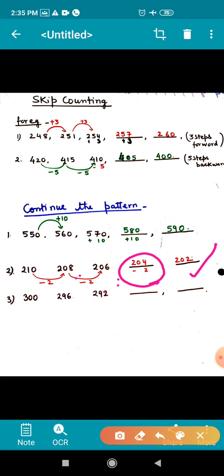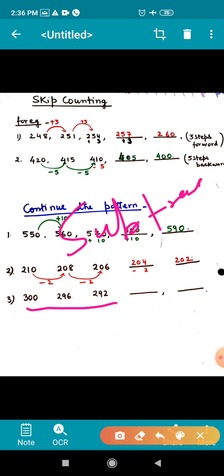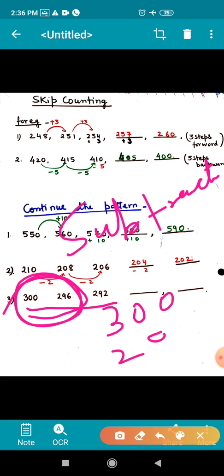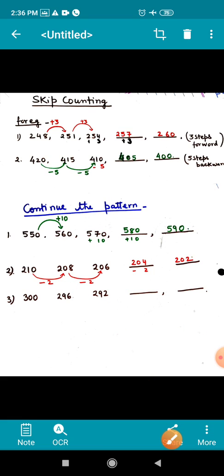Similarly, we can complete the table. Okay. Now, here children, you have to recognize what you have to do. Here, you can see the numbers are decreasing. Decreasing means subtraction. And which number you have to subtract? Then you will take the first two numbers and subtract these two numbers. Here 10, here 9 and here 2. 10 minus 6, 4. 9 minus 9, 0. 2 minus 2, 0. It means you are subtracting 4.